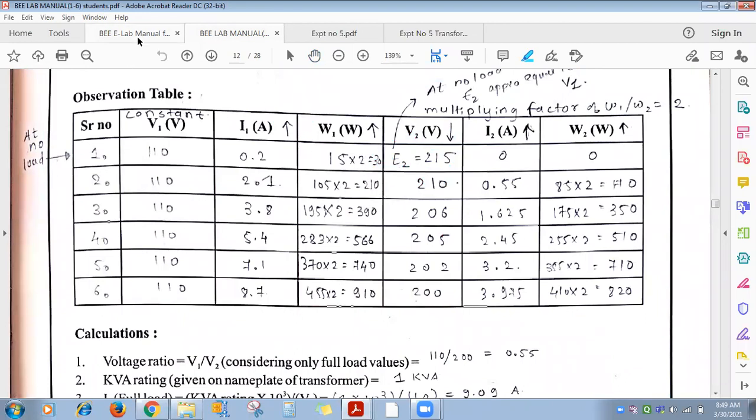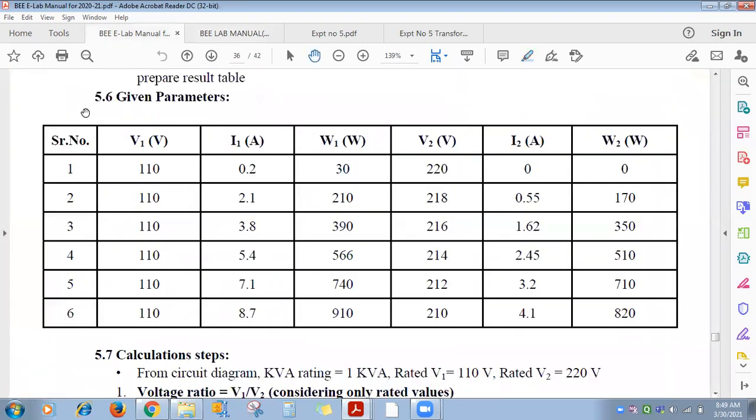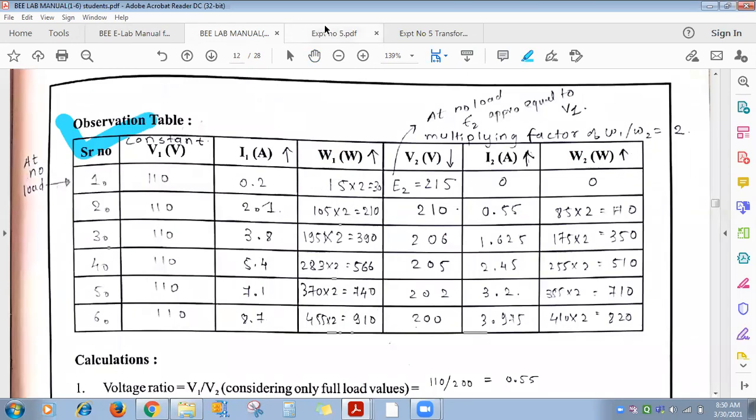We cannot run it on FileStart or Multisim because enough instruments are not there, we can't change the specifications. On MATLAB you can run it, but the MATLAB license copy is not available, it's very costly, you or me can't purchase it. Got it? So what we ask all batches is to copy the readings, either this one or from the e-manual. Got it everyone? Yes. Okay, you copy it, then do the calculations.